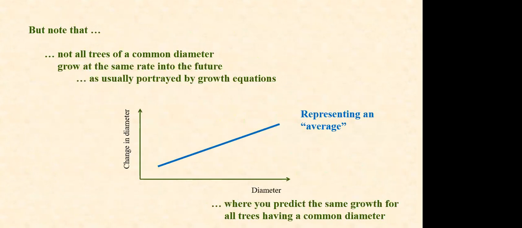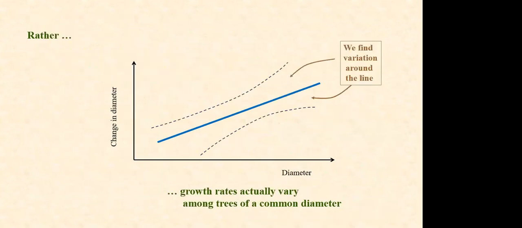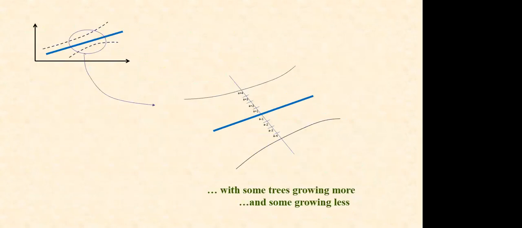And not all trees grow at a common rate. They don't grow at the same rate, as we usually portray with growth equations. So when you see a regression line like this, it represents an average. But in fact, some trees grow better than the average and others grow less than the average. And we can represent that by a series of curves,